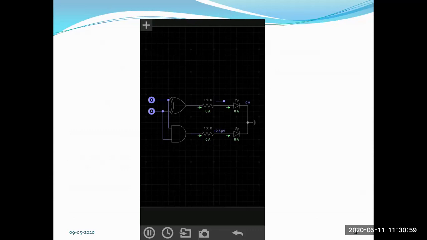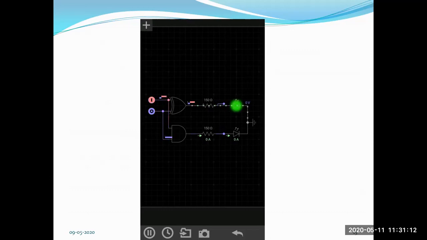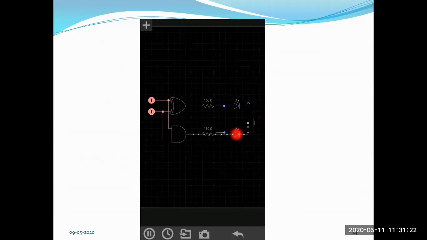When both the logic A and B are 0 and 0, your sum is 0 and your carry is 0. Here you have 0, 1, which is 1 as sum and a 0 as carry. So 1, 0, you have a 0 as a carry and 1 as sum. If both the inputs are 1, your carry is 1 and your sum is 0.